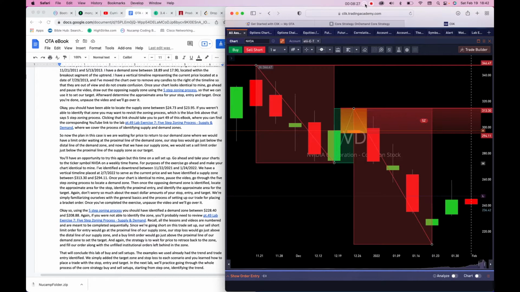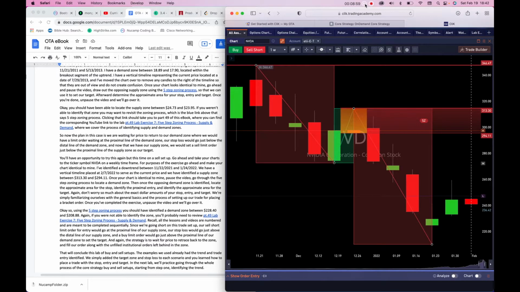You'll have an opportunity to try this again, but this time on a sell setup. Go ahead and take your charts to the ticker symbol NVDA for NVIDIA on a weekly time frame. For purposes of the exercise, go ahead and make your chart identical to mine. I've identified a downtrend between November 22nd, 2021 and January 24th, 2022. We have a vertical timeline placed at February 7th, 2022 to serve as the current price, and we have identified